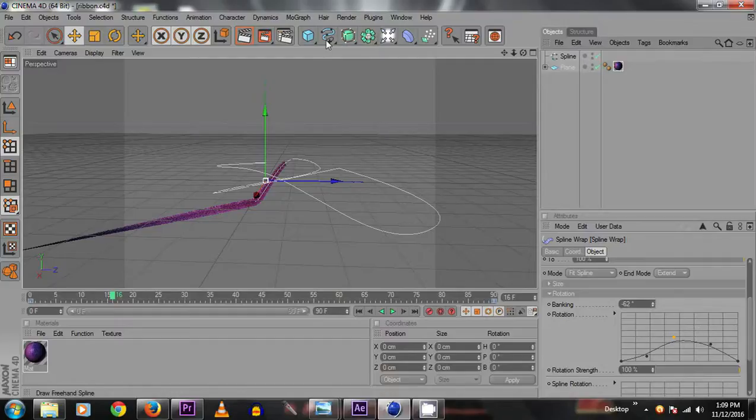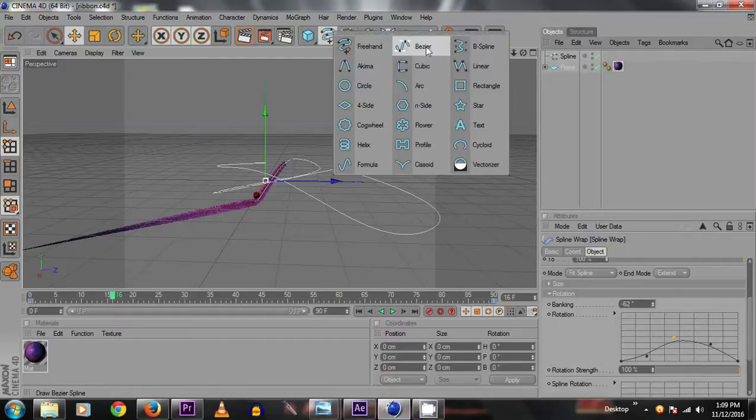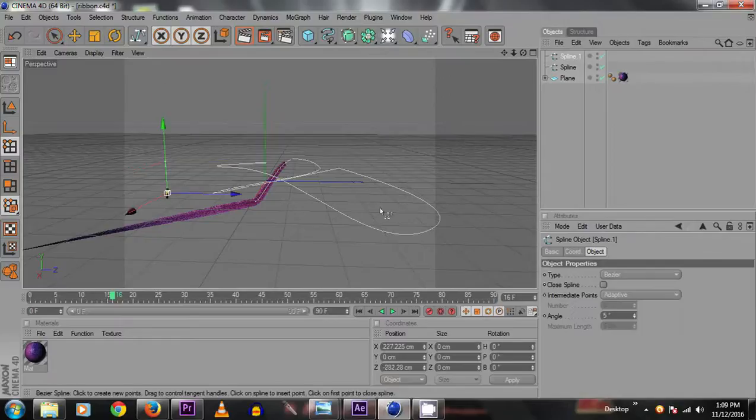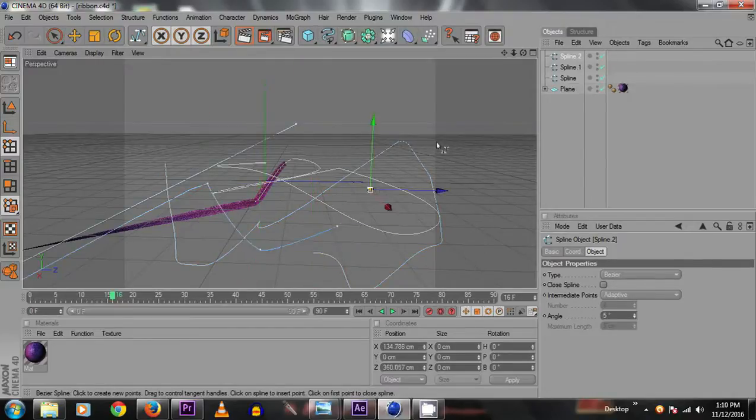Now take the Bezier tool, then draw randomly different Bezier lines with the different tools.